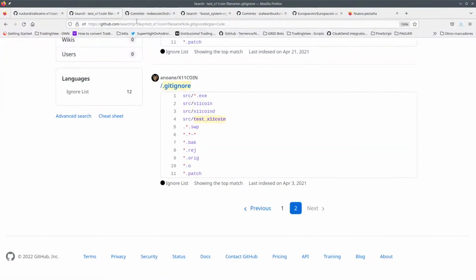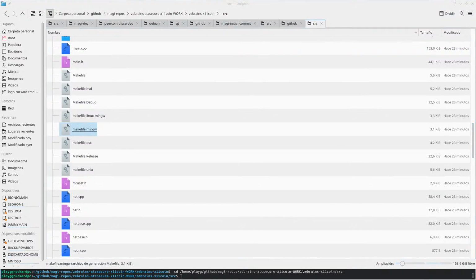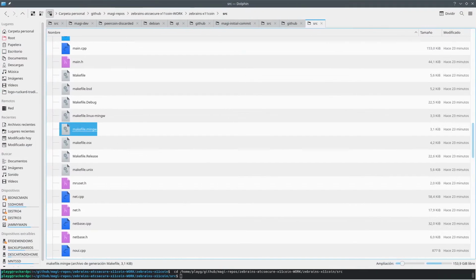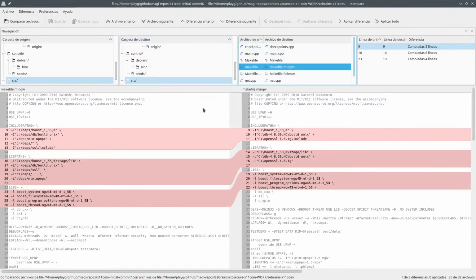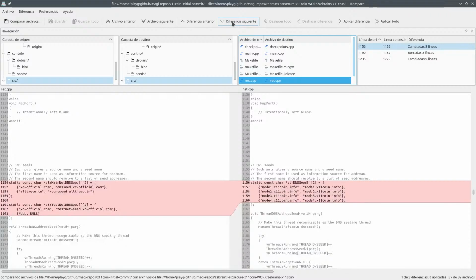Yeah, so maybe we shouldn't be looking for everything that we find different on each one of the files. So let's continue and check whatever is different from these 2 X11 coin different versions. Okay, this is removed, and this one, look at that. So this was originally x11coin.info, and then it's replaced by xcofficial.com, DNC seed,